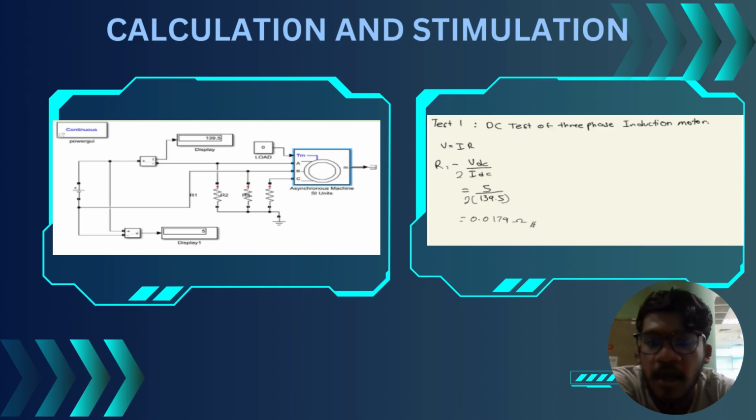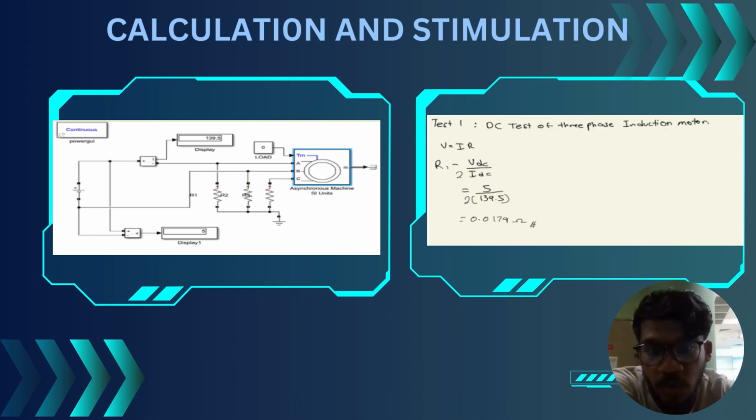And then next is a Y-connected stator winding. Just now we see in the circuit there is a Y connection, and the DC is applied between the 2 and 3 terminals, allowing the current to flow through the stator winding. The relationship between the applied DC voltage and the current IDC is by Ohm's law. So we use Ohm's law to find R1, and this R1 will be used in the